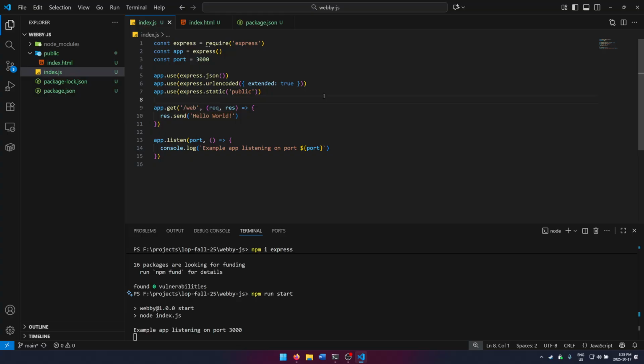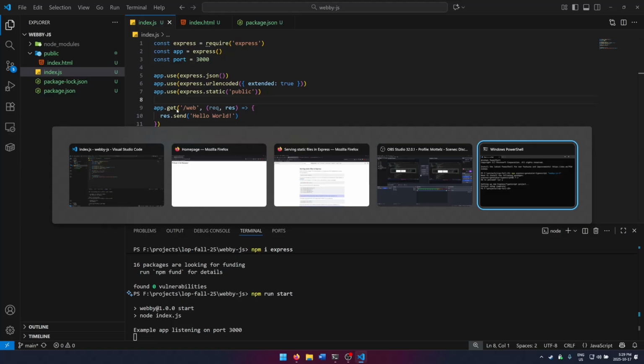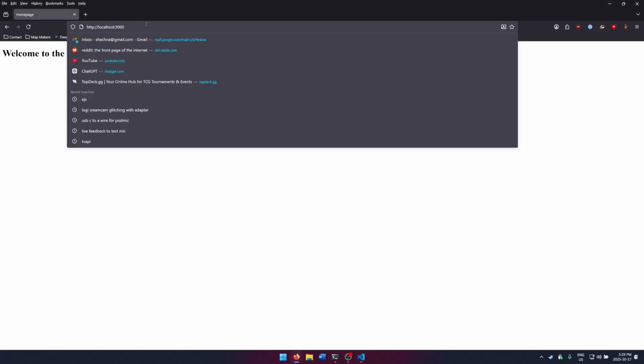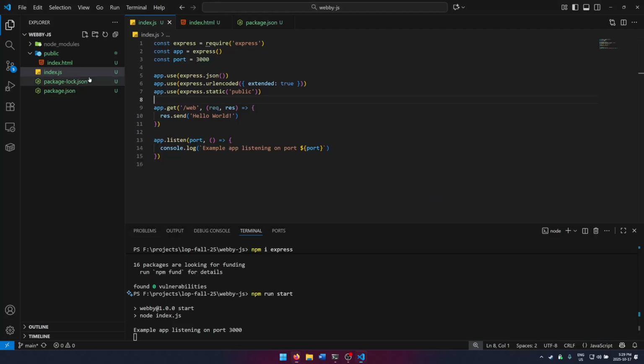So ignore that for a second. We're going to do /web. And now if we go back to the page and go to /web, it just says "cannot get web." Why? Because this is not up to date. If I close this and reopen it, now Express is actually up to date on, oh,